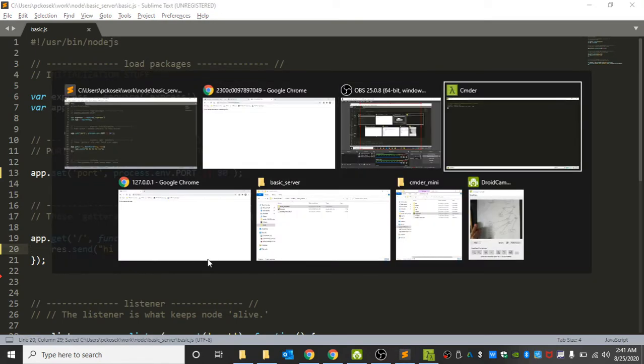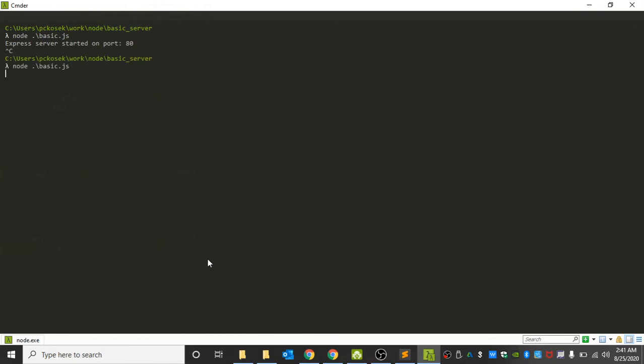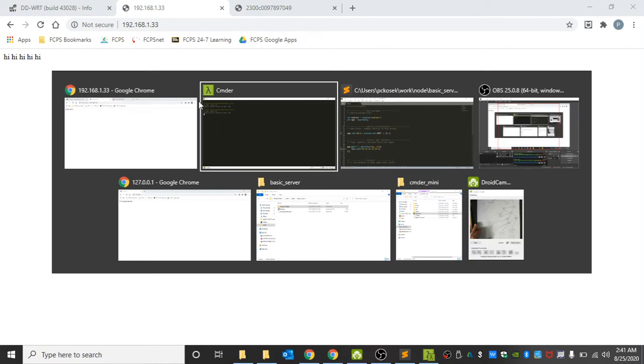And I'm just sending text out of this guy. I'm going to kill off my server, run this guy in the basic sense over here, and reload this page. Hi. So now I have the name of the computer as opposed to the number of the computer, and I can also trigger this same response